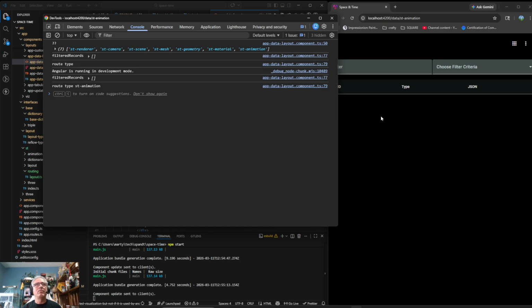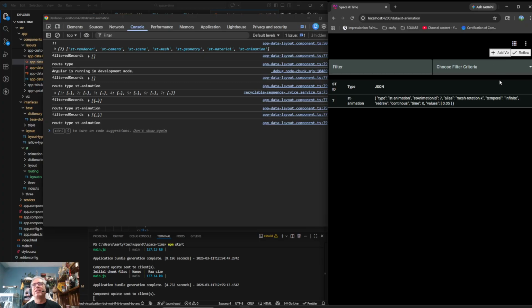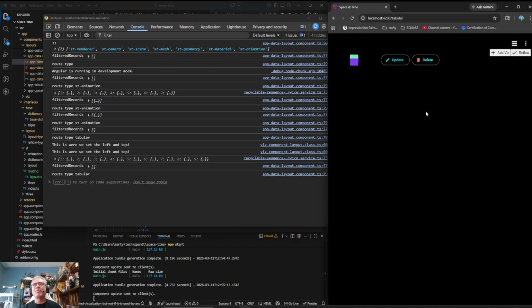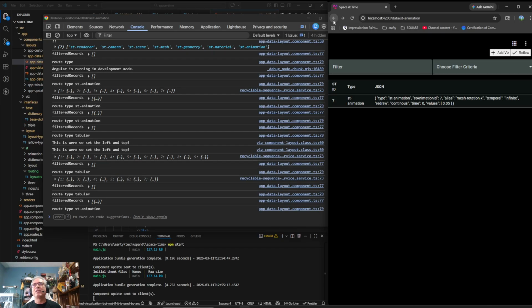And then this would be working, and then we're out of literally a rabbit hole, and we go back to, okay, let's try to delete an animation, because that's what this was supposed to be about. But basically, I wanted to add an ST animation view so that we could come here, and when we hit add viz, we can go back to this, and then it can go back. We could hit delete, and then when we hit back, it's gone, but it's still there because we didn't delete it,